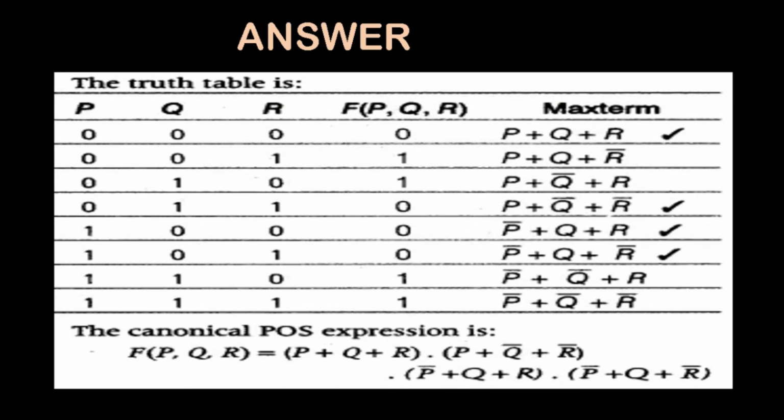In the second row, it has a value 1, so no need to select. The third one has 1, so not necessary. The next value is 1. In the next output combination, the value is 0, so it has to be taken. That is P plus Q dash plus R dash. In the next row, the value is 0, so we have to take P dash plus Q plus R. And in the next row, again I have a 0, so I have to take P dash plus Q plus R dash. The remaining 2 rows have the value 1, so leave those. Okay.